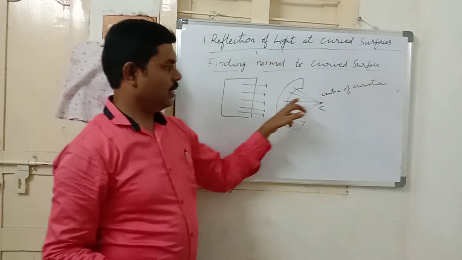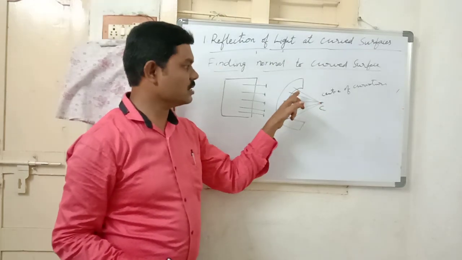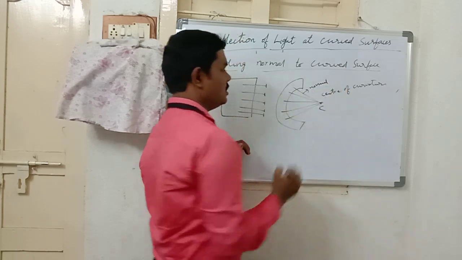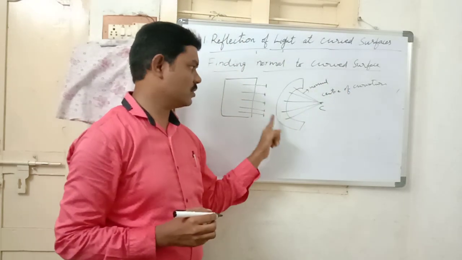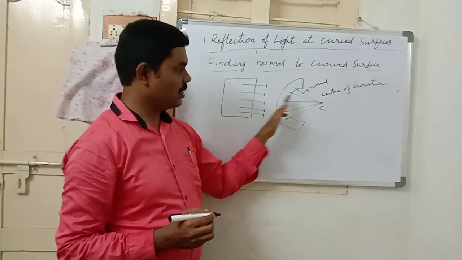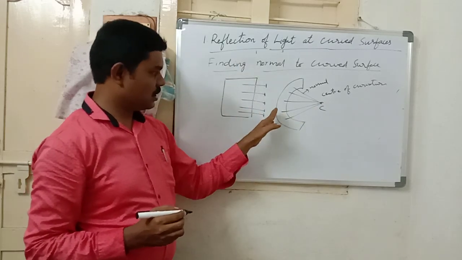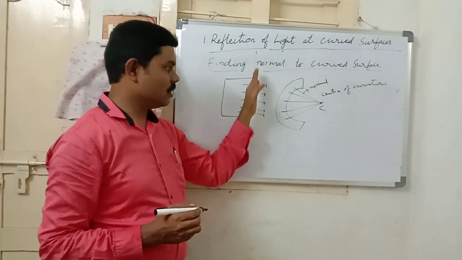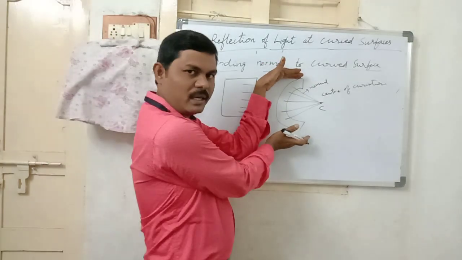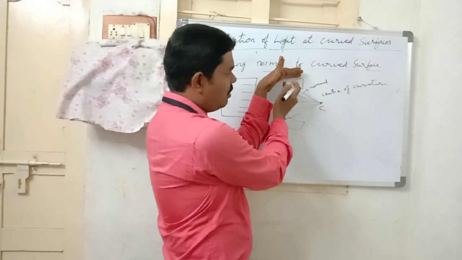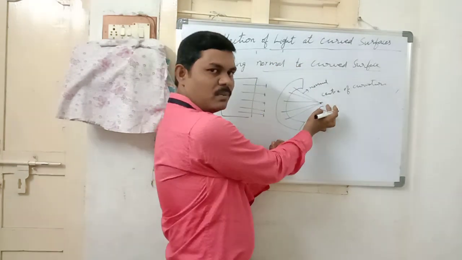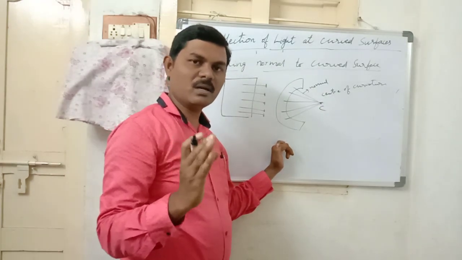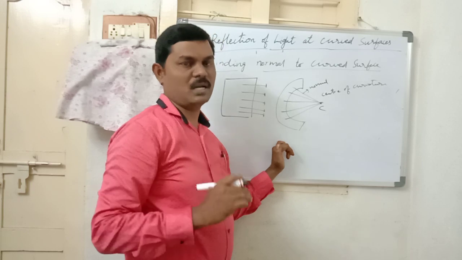So here any line drawn from the center of curvature is called a normal. So these are all the normals only. So this is the finding of normal to the curved surfaces. Whenever you place all the pins on the plane surface of the rubber sheet, these are all normals only. If you bend this like a concave mirror, they all will meet at one point. That intersecting point is called the center of curvature. Now you can understand, any line drawn from the center of curvature is called a normal.